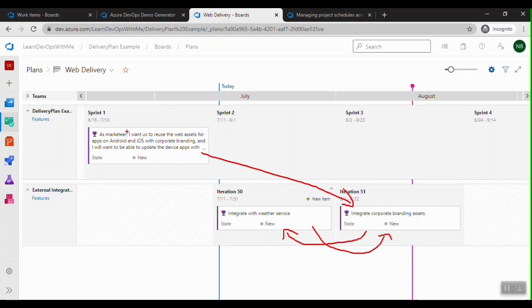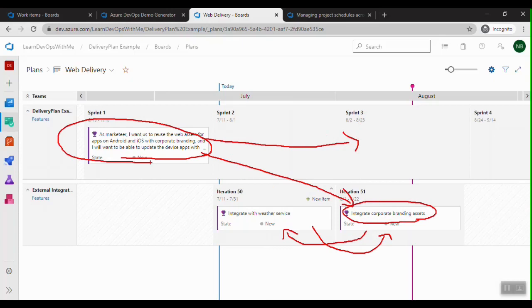I know it's sprint 1, but let's assume it is the current sprint, and this we will do in sprint 3. That way, once the integrate corporate branding assets is done, then we can pick up this feature. Fine, so let's do that.